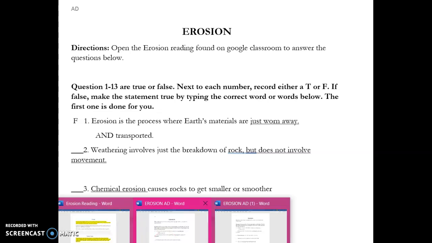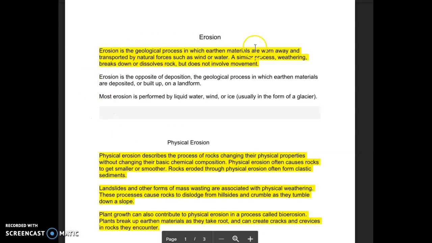I'm going to check back again. So worn away, broken down, and transported. So there's more to it. That's why it was false. Okay. Weathering breaks down or dissolves rock, but does not involve movement. Erosion is the opposite of deposition, the geological process in which earthen materials are deposited or built up on a